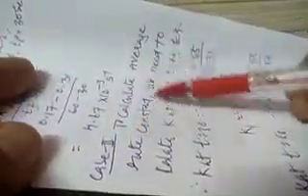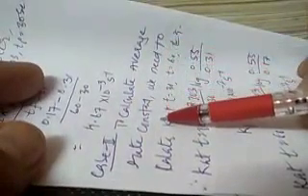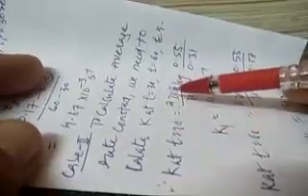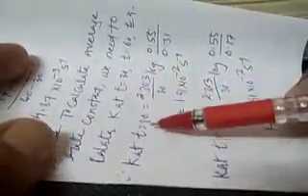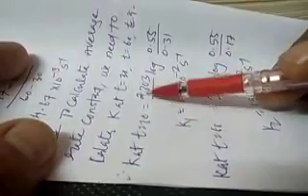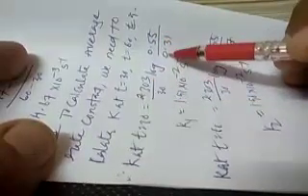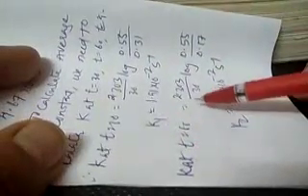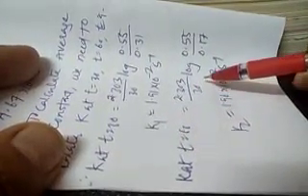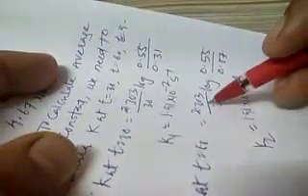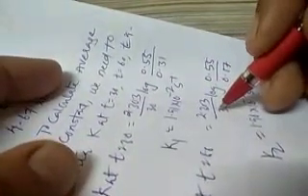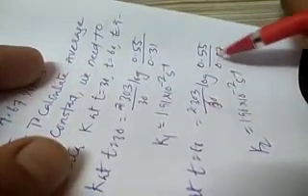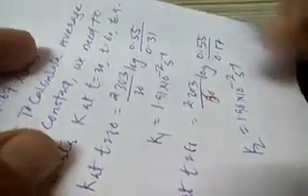Now we need to calculate the rate constant. To calculate it, we have to calculate the various K at various time. So if the time is 30 seconds, we find out 2.303 by 30 log of 0.55 divided by 0.31, we get K1. If time is 60, we get 2.303 divided by 60. This should be 60 actually. 60 into log of 0.55 divided by 0.17, and we get the value of K2.